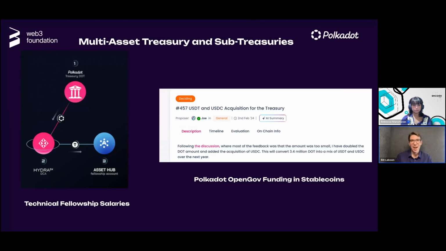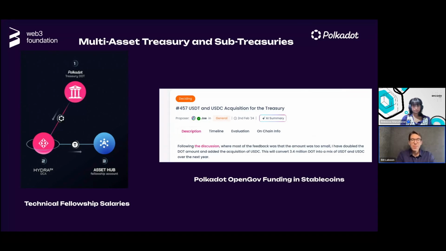And getting simpler all of the time as we move features off of the relay chain and to parachains, we could only store DOT. So one thing that is now available is that the treasury can store any kind of asset that is on the Asset Hub, and actually can store assets not just on the relay chain, but on all kinds of different parachains. We also have sub-treasuries. So we have treasuries that can be focused on specific things, that can be run by curators, that OpenGov can allocate DOT to. We have a more complicated treasury system now that allows us to fund a lot of different projects and do it in very interesting ways.